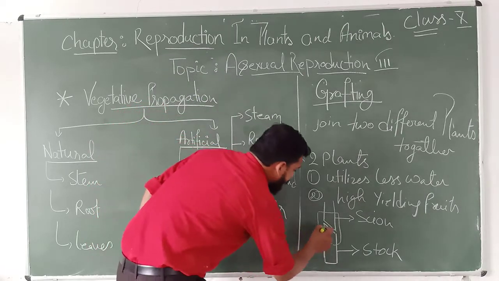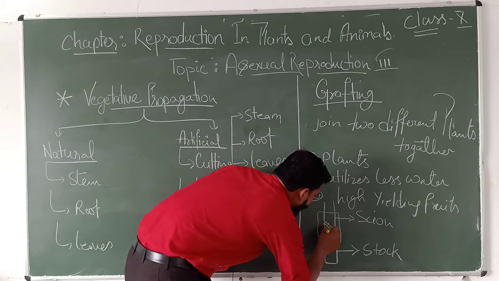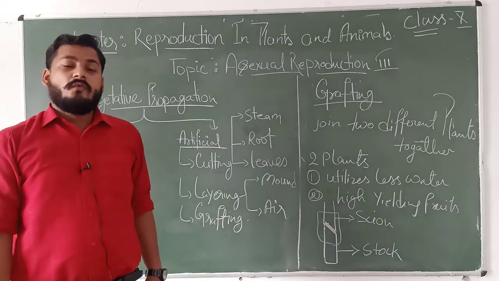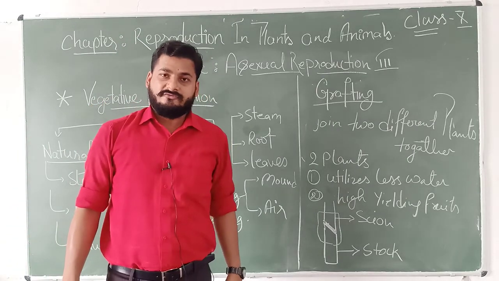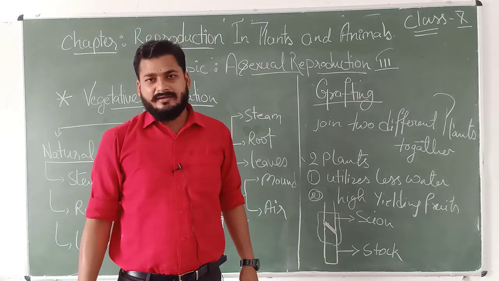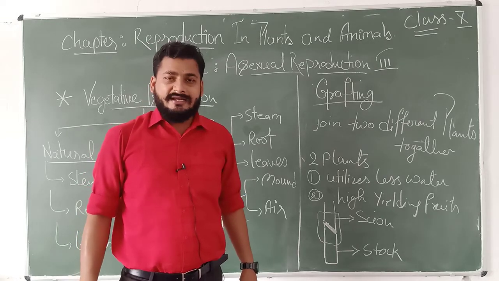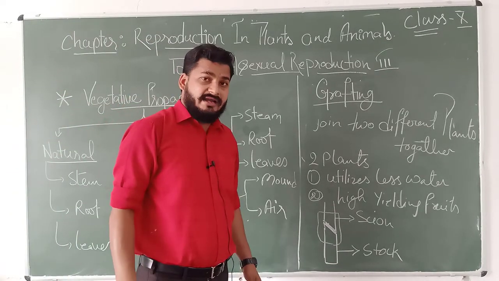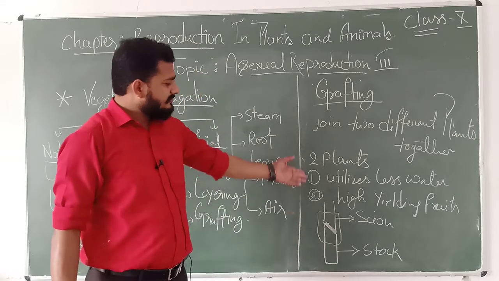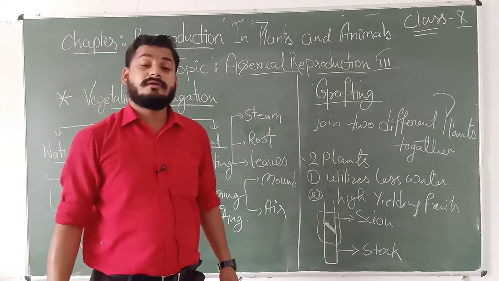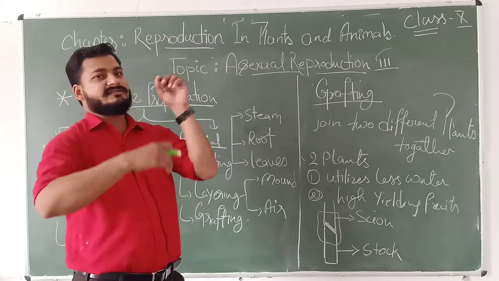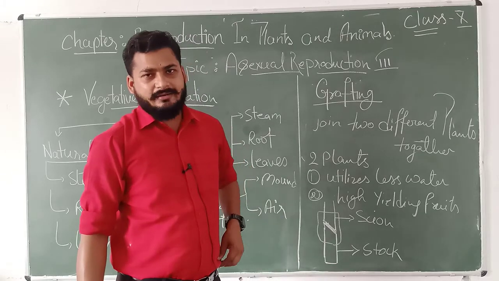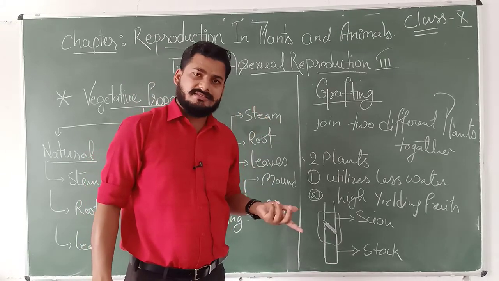So after some time, we'll find roots will start to develop here, and then this plant will get joined, and then we'll have to wait for the fruits or flowers to develop, and then only we can study and observe the characteristics. And as I told, this is a highly risky case of hit and trial. The desired result may not come, and if it does not come, this means we have to try it once again, maybe with some other plants.